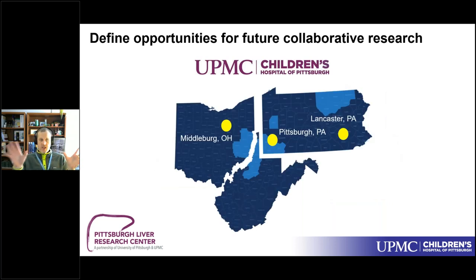We are conveniently located almost evenly between Lancaster, Pennsylvania and Middleburg, Ohio, which are the two largest Amish Mennonite community populations in the United States, where diseases such as PFIC1 particularly are incredibly prominent. Many of you may know that PFIC1 is also called Byler's disease because Byler is the family name of an Amish Mennonite family group that this disease can be much more prevalent in. And so we have a number of kids whose last name is Byler that we care for who have PFIC1